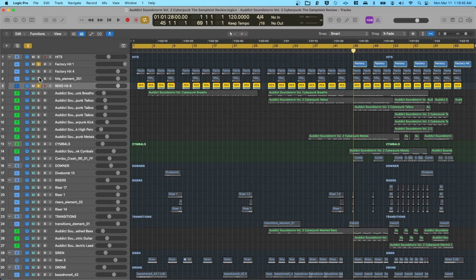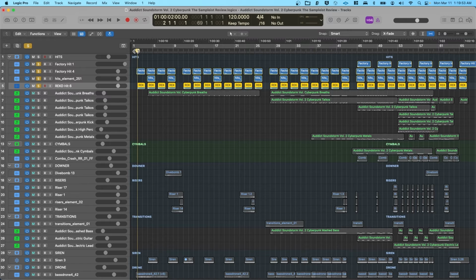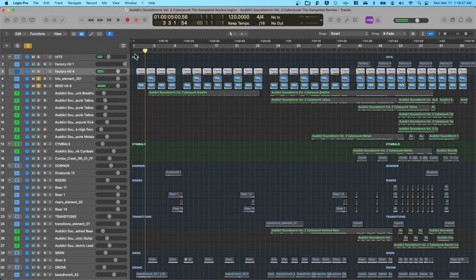So we'll start with the rect hit. So the rect hit comes in at the beginning, layered with the factory hit 4. So this is the rect hit here. So I have the rect hit 6 layered with factory hit 4. This is the factory hit 4. And then every other time at the beginning, at least, and then at the end, it comes in every time,